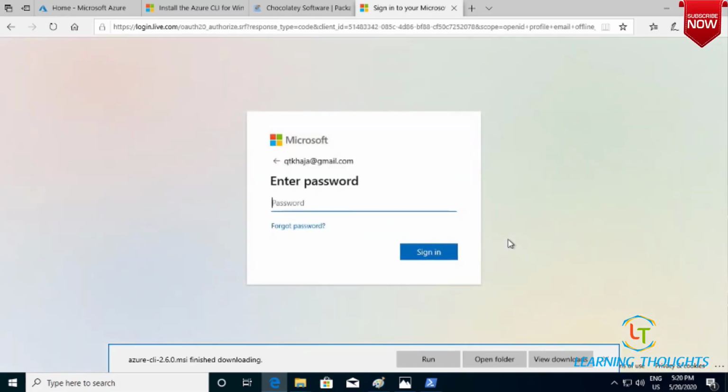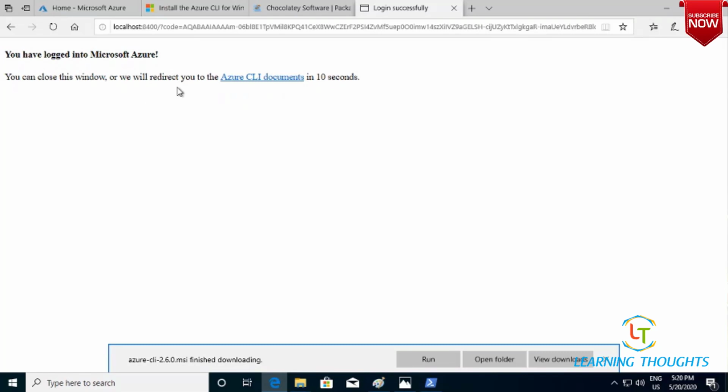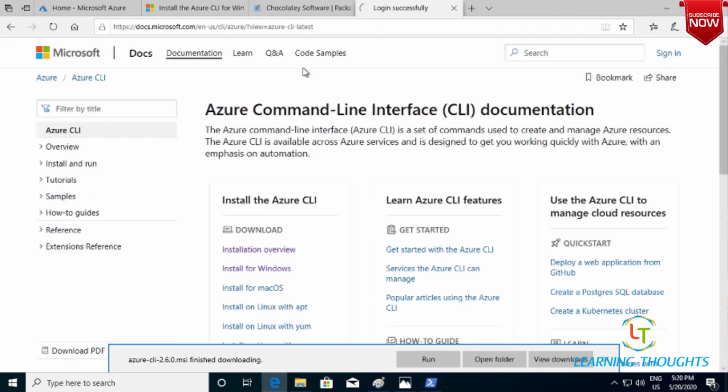I'll select my account and pass my credentials. And now it says that you have logged in to Microsoft Azure. You can close this window, and this will redirect automatically to the Azure CLI documentation.